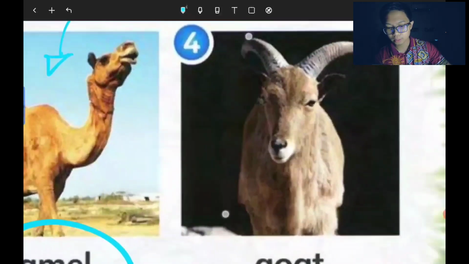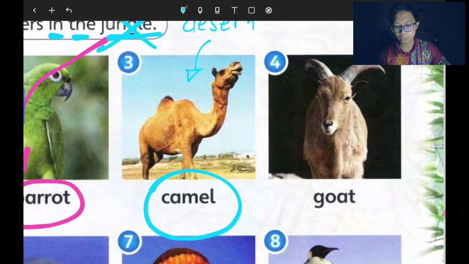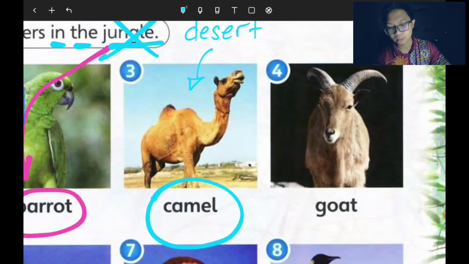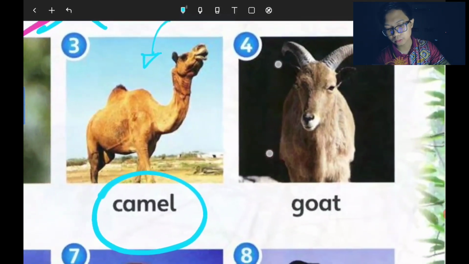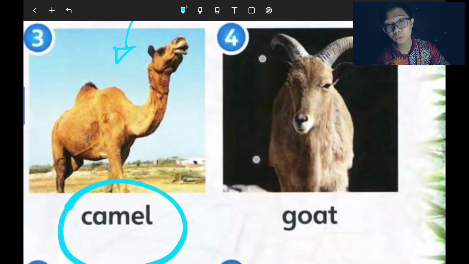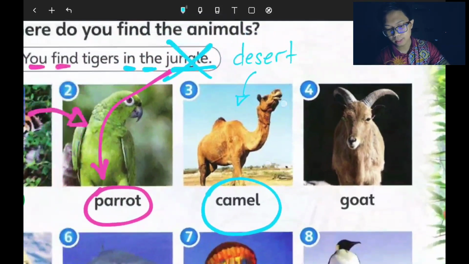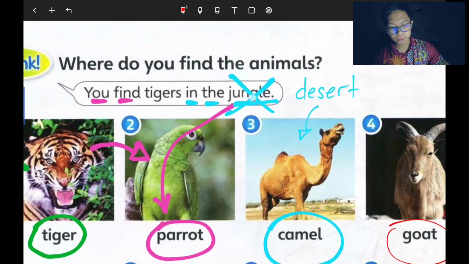Next one. This animal is called goat. Okay, kambing. Mountain goat. Okay, kambing gunung. Okay, the goat. Let me use another color. The goat. So let's use this sentence again. Kita pakai lagi ayat ini. You find